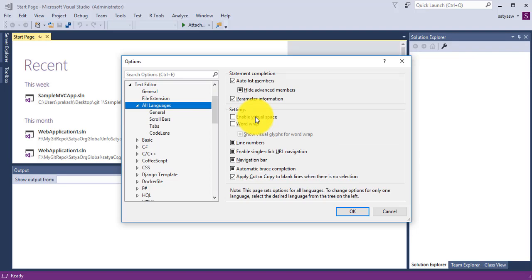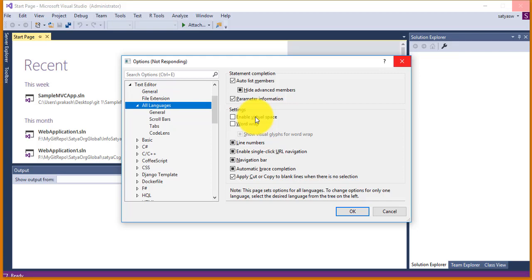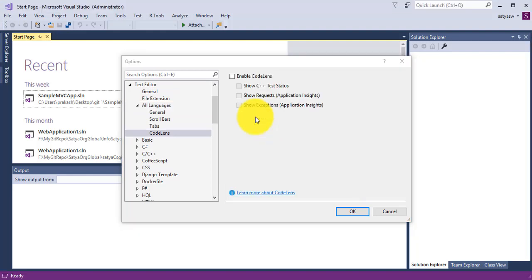code lens. So I'll select code lens. You need to uncheck this new sub option, that is code lens. So it will be selected for me, this code lens option. I have already unchecked this enable code lens. You should uncheck this option, disable code lens, or uncheck the enable code lens option under this